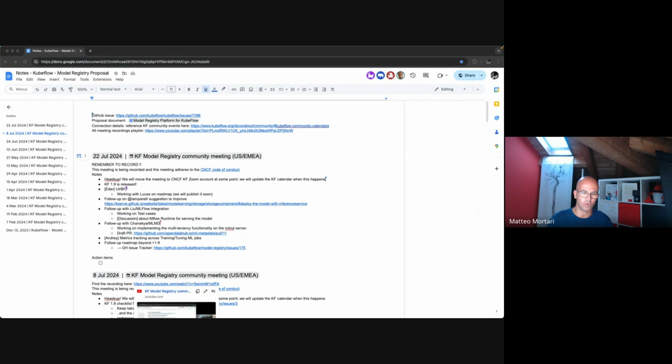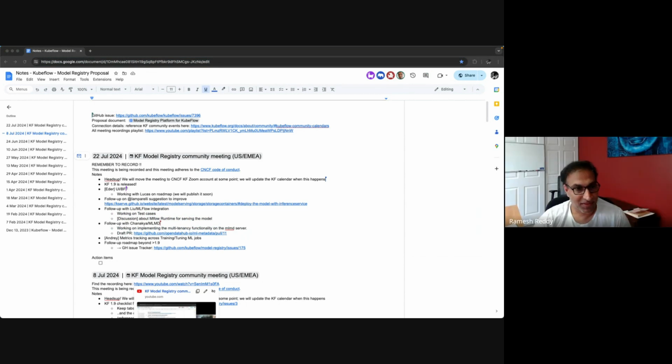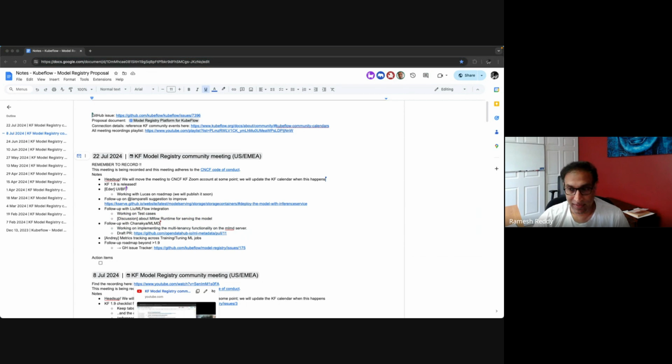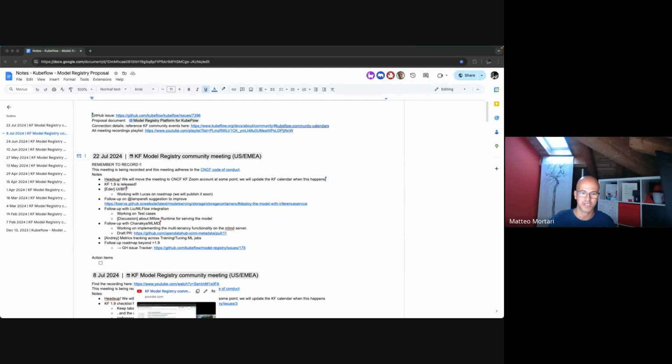For those who follow the Kubeflow community meetings on Tuesday, this working group is one that is being called out in a good way, with good feedback on its activity. So let's keep up the good work for 1.10 and the release coming in next. Thanks again, Ramesh, and congratulations to all the Model Registry team. Yeah, definitely. We did a good job, and that's being recognized by everybody in the Kubeflow community. Thank you so much.